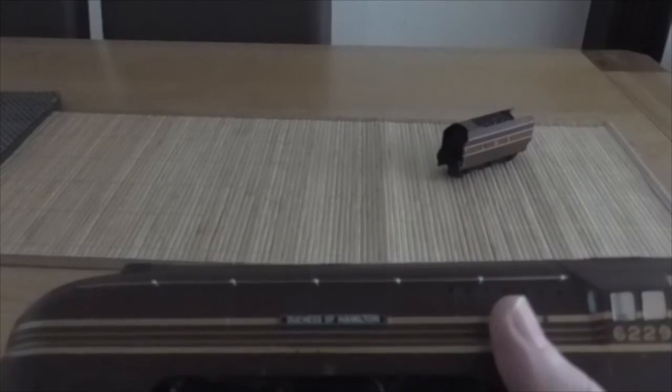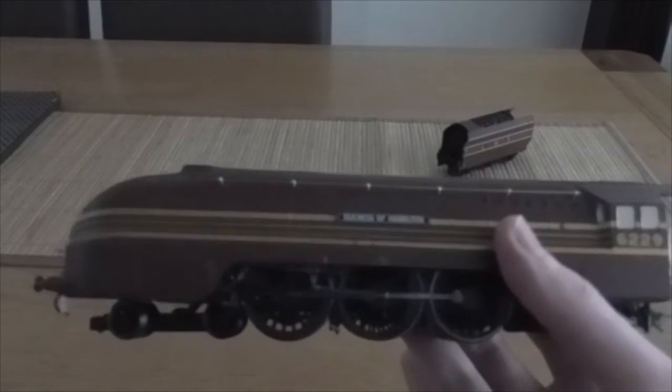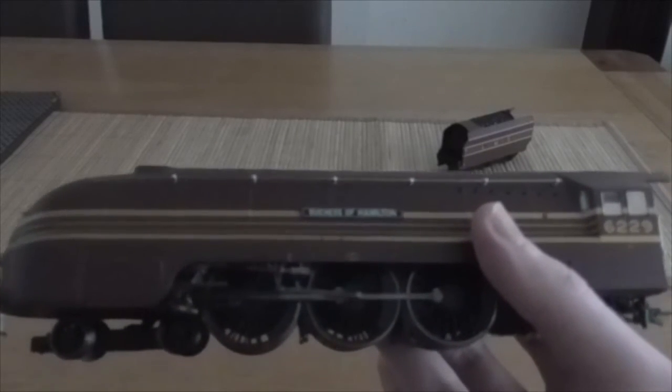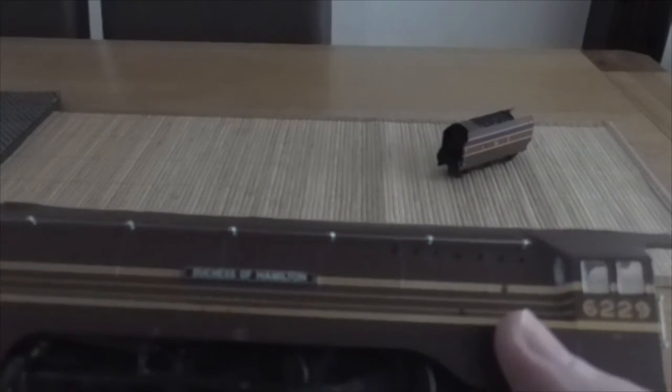Whereas it was basically blue with silver stripes, like the gold ones here. And then they took this engine over to the USA. She was going to return to Britain after that, but because of World War II, she didn't return to the UK until 1942. And then this engine, of course, was withdrawn in 1964 and was preserved as a static exhibit at Butlins in